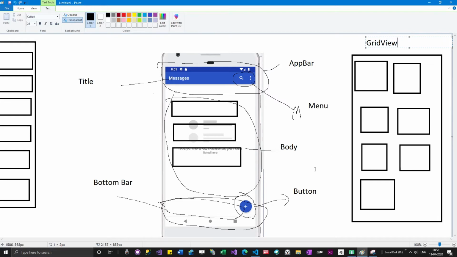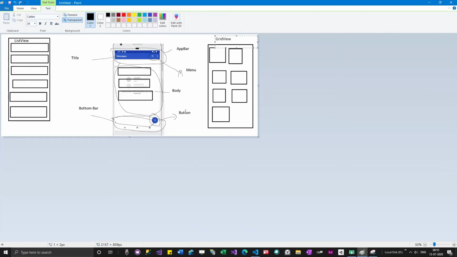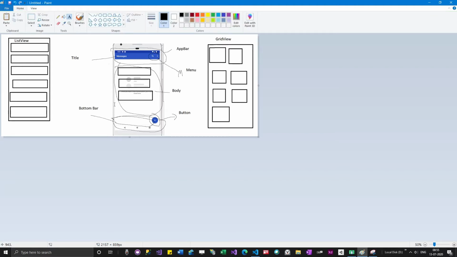These are something which you have to learn. One thing we have to believe is these things are very easy to create in Flutter. Probably today we'll be creating most of them. If time doesn't permit, we'll continue tomorrow also.